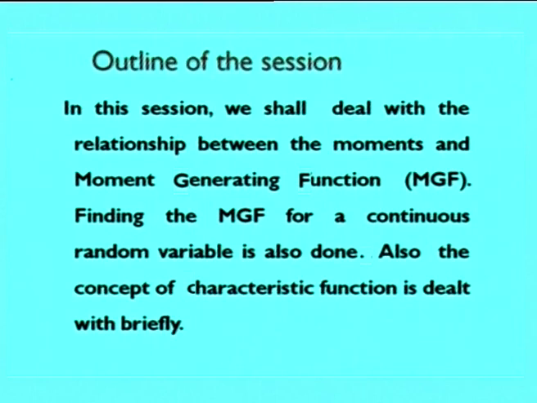Welcome to UGC lecture series. Now we are in session 12. In earlier sessions we have seen the discrete and continuous random variables elaborately, finding mean and variance, and we have also dealt with moments and moment generating function, definition, properties, and we have done a problem on moment generating function for discrete random variable. In this session we are going to see the moment generating function obtaining for continuous random variable.